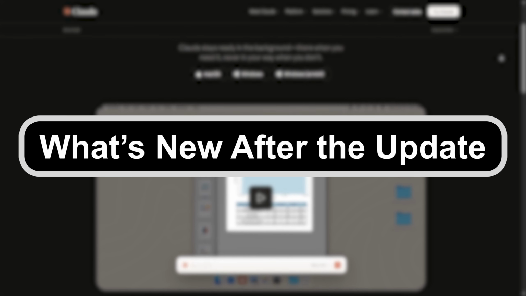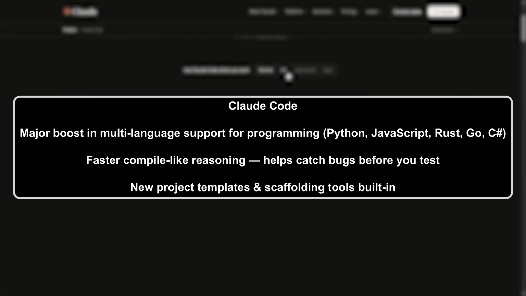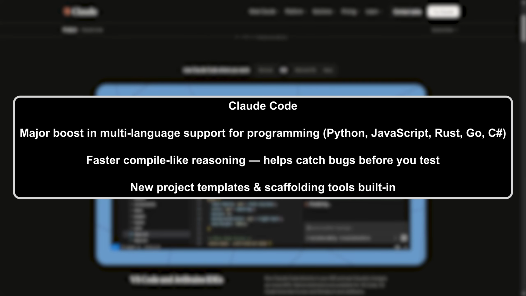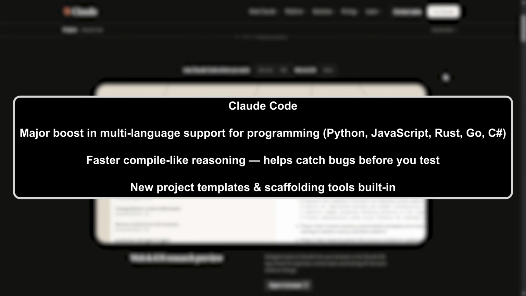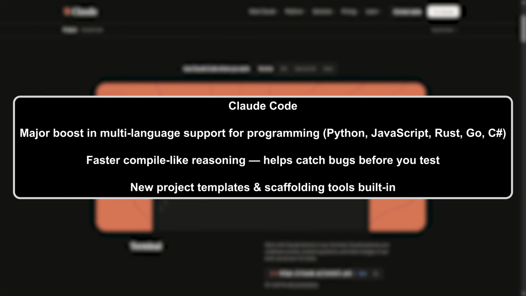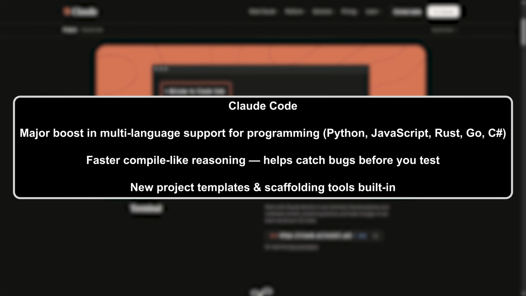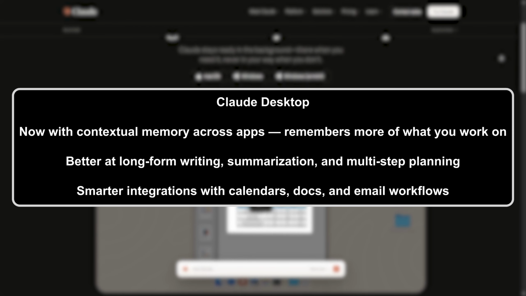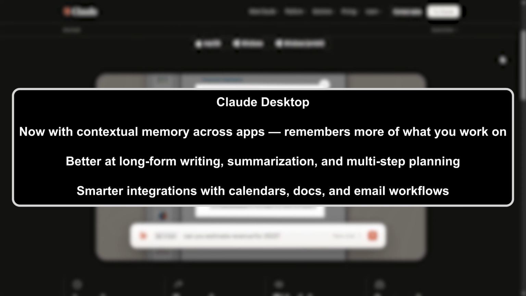What is new after the update? Cloudy Code: major boost in multi-language support for programming, Python, JavaScript, Rust, Go, C Sharp, faster compile-like reasoning, helps catch bugs before you test, new project templates and scaffolding tools built in. Cloudy Desktop: now with contextual memory across apps,